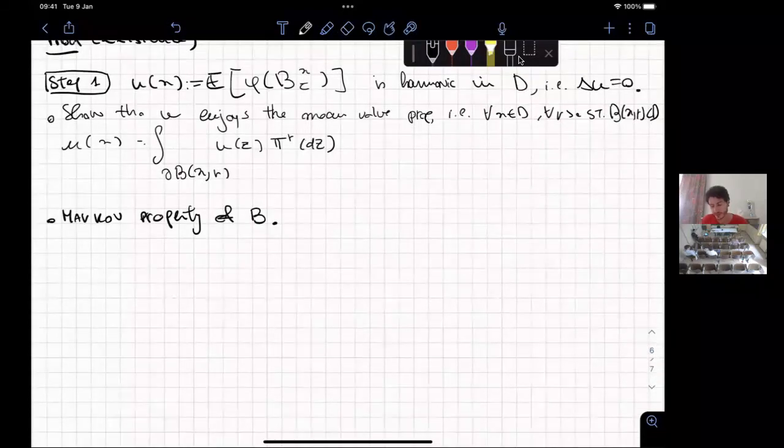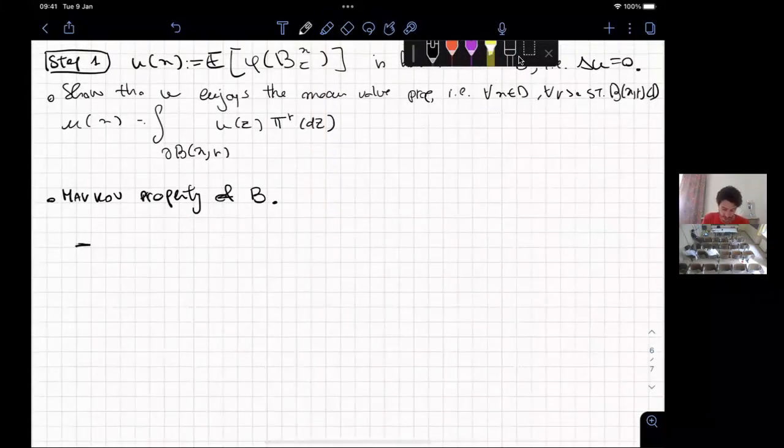which basically means that if you let your Brownian motion evolve up to a certain time, then you stop that and start again, it's equal to just considering another Brownian motion starting from that intermediate point and letting it evolve. Now, writing it in terms of formulas, we can say just